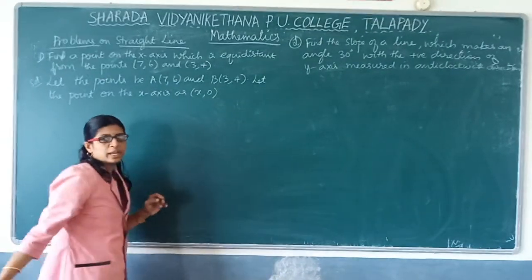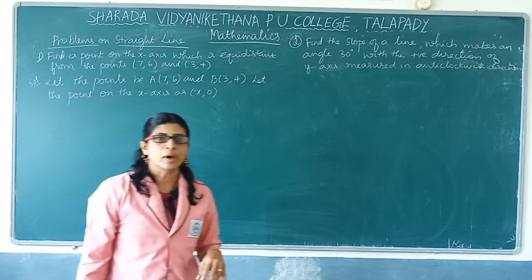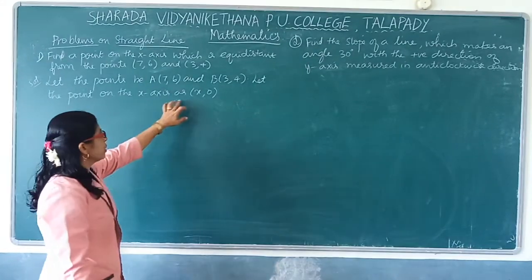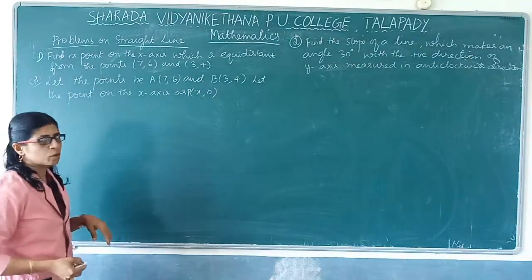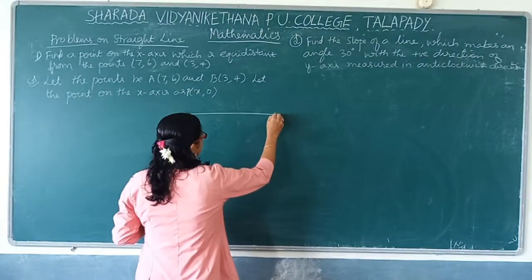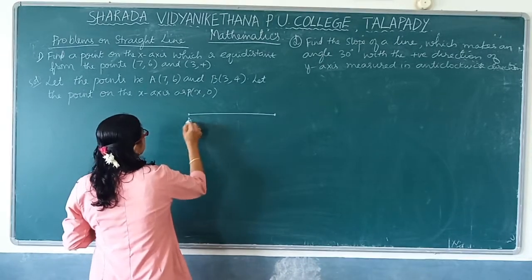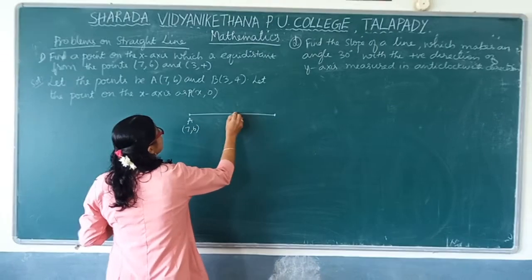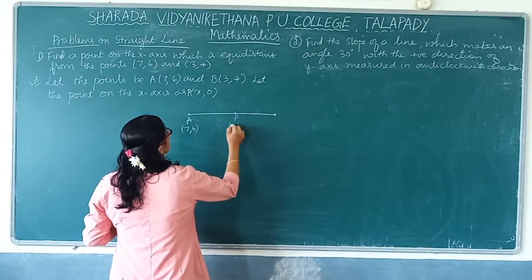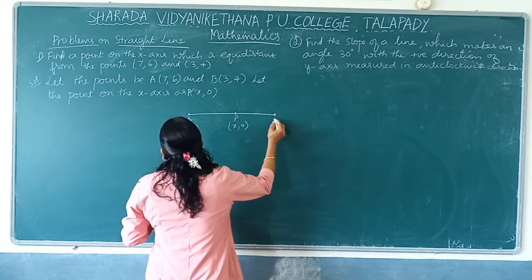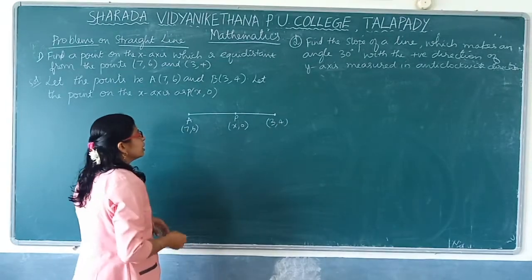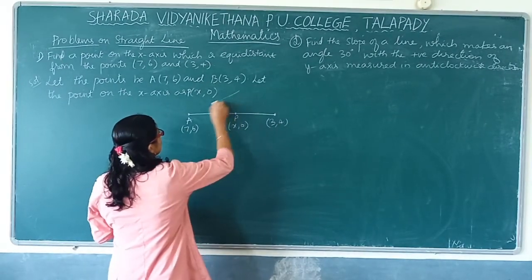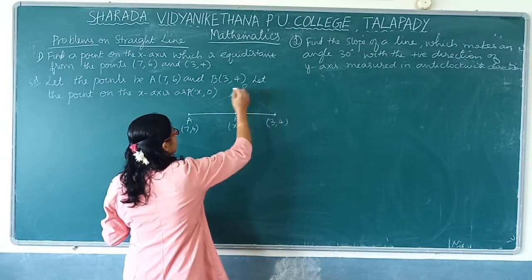As I told you, any point on the x-axis has its y-coordinate 0. So the point can be taken as x, 0. We will assign the name as P. P of x, 0. So how does it come? So if you make it like this, A of 7, 6 and somewhere here we have P of x, 0 and this point is 3, 4. They need not be collinear, they can be like this also. It can be like this also. Somewhere here also you can expect P.